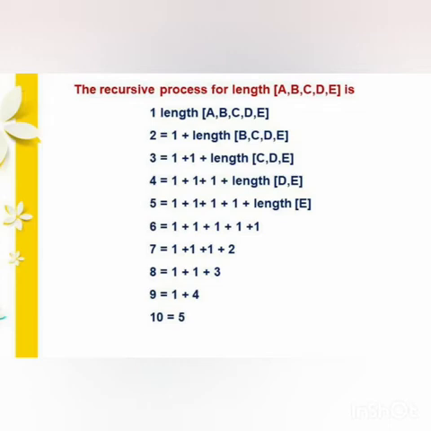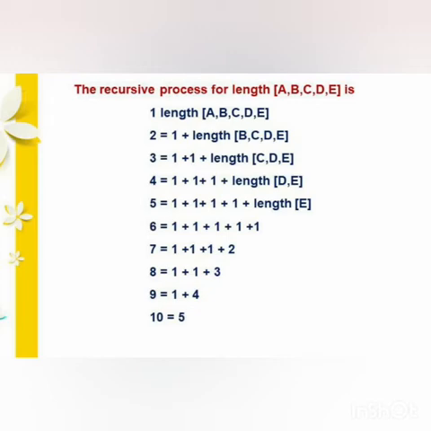Then the second step is to find the length of the subsolver. That is, we have to find the length of A first. Here the length of A is 1 plus the length of the rest of the customers. And the third step is we have to find the length of B now. Already we got the length of A, that is 1. So 1 plus the length of B is 1, so 1 plus 1 plus the length of the rest of the customers.